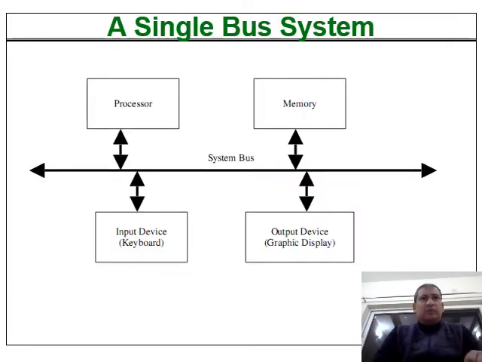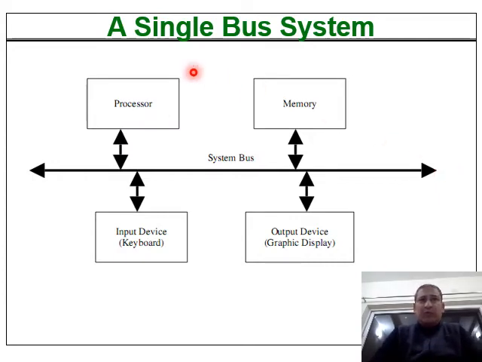In modern computers, we have a common system bus wherein all the processors, the memory, and the input and output devices are connected. This is the basic idea of a computer, which has a number of devices connected together. As you might remember from the second unit, this is the system bus which we talked about. It is used to connect the CPU to the various components